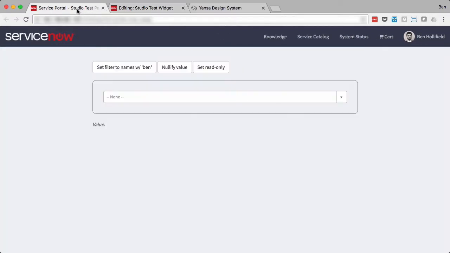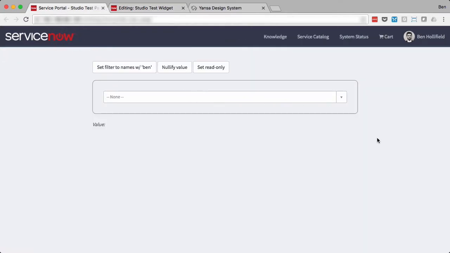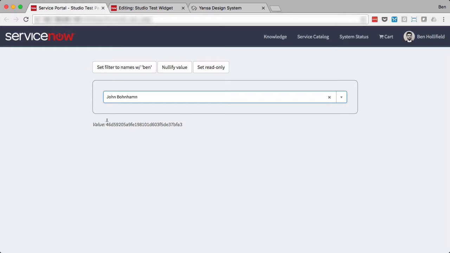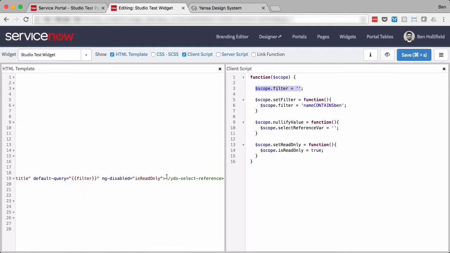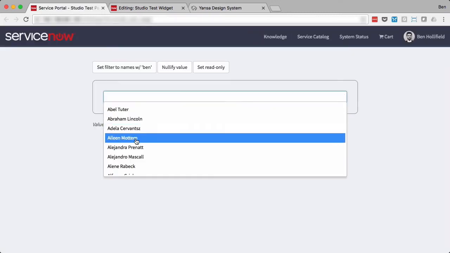So now if I pop over, we'll see all you really need is that YDS Select Reference tag to have a select reference. So I'll look in here and I'll see things from the user table. I can search against this just the way I did before. Whenever I select one of these, I'm going to get a sys ID. And just like before, the nice thing about YDS is that we use a similar set of parameters and a similar lexicon. So if I do want to make this into a multi-select, all I have to do is the same as I did before. Just come over here, set allow multiple equals true, save that, and now I have a multi-select reference field,